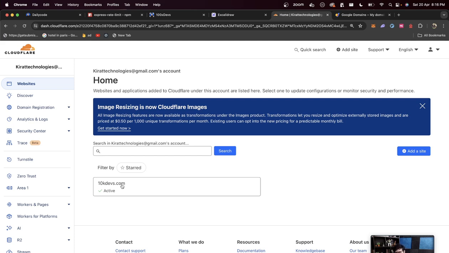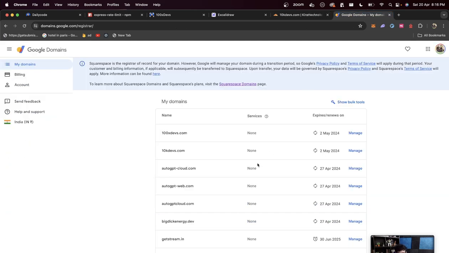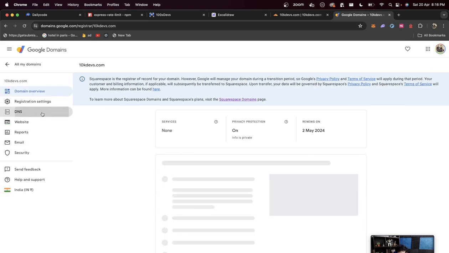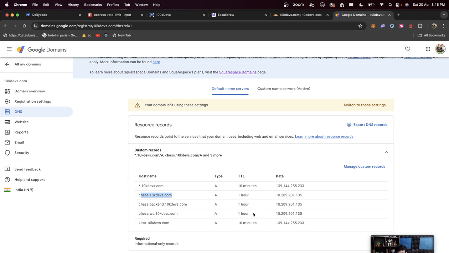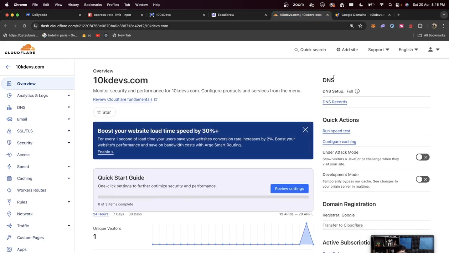They also cannot, because if I'm in Google Domains here and I put my EC2 address here, okay, chess.10kdevs.com points here, then this request will go directly here. You never told them that this request needs to go to Cloudflare, which will proxy it to this IP, right? Which might be one of many reasons why they expect you to bring your domain name here first. Doesn't matter where you bought it from, you can transfer it over or buy it from Cloudflare. Only then do we allow you to do